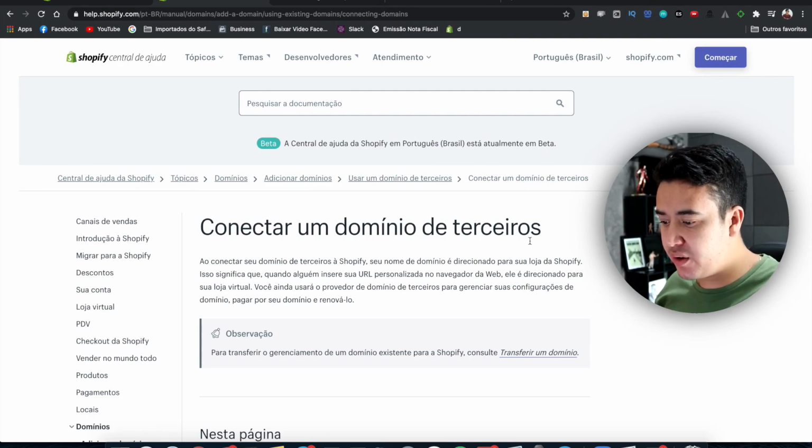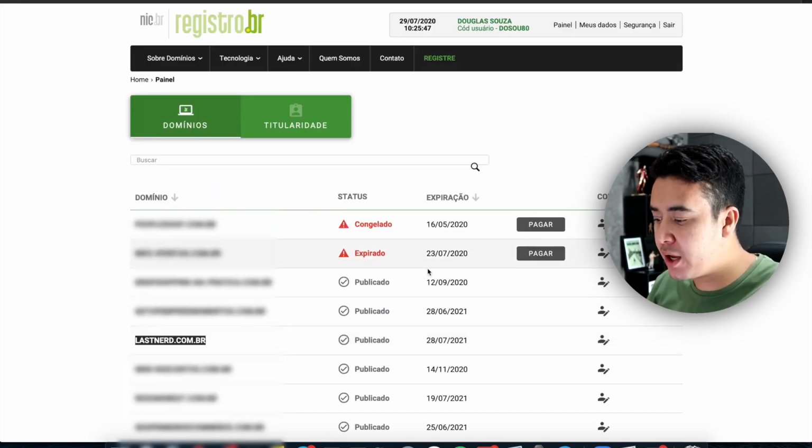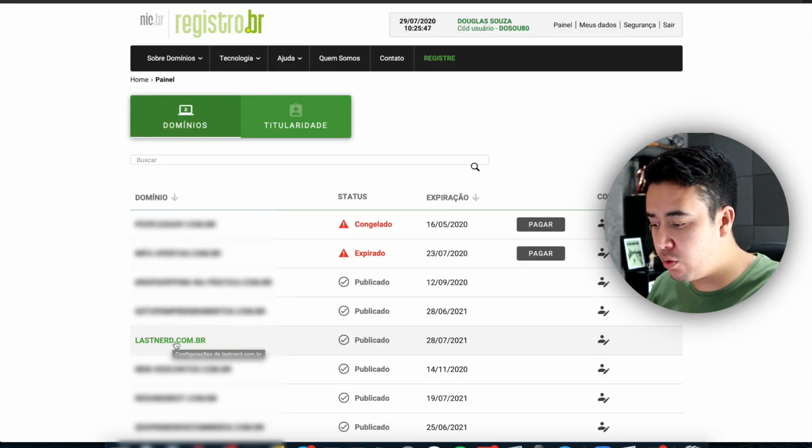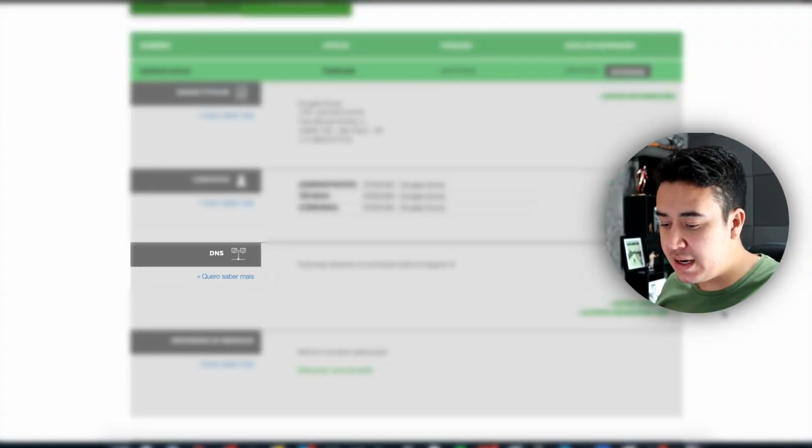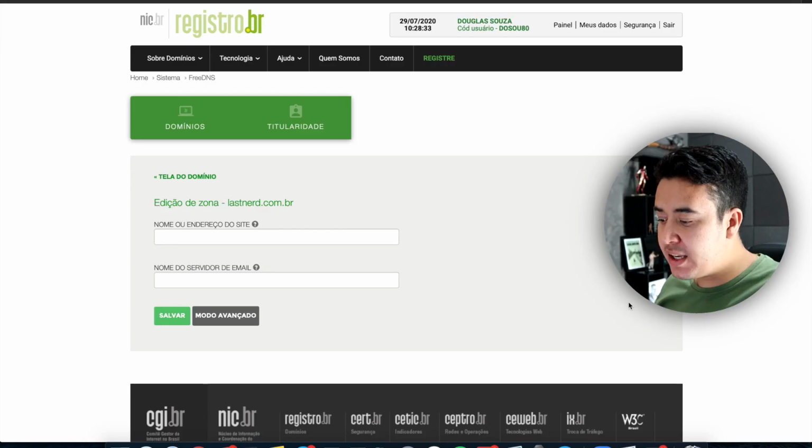And what are we going to have to do? First, we're going to go back here to registro.br. We're going to click here on lastnerd.com.br. I'm going to click on it. And then it's going to open some configuration information here. What do I have to do? I'm going to click on this domain name system option here. In this category here, domain name system, and in this option here to edit zone, clicking here, it puts these